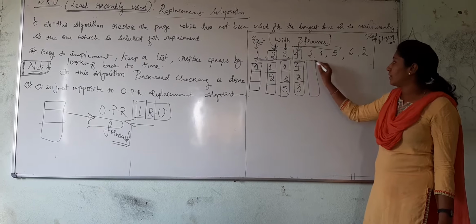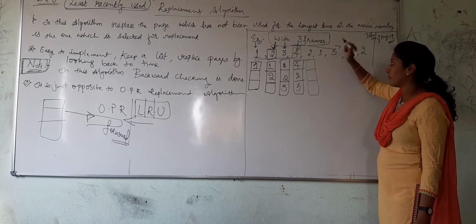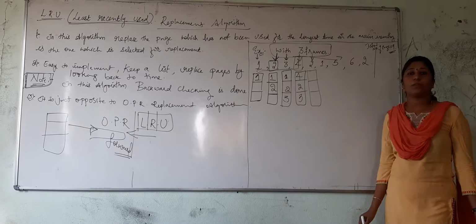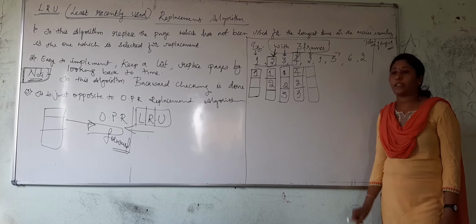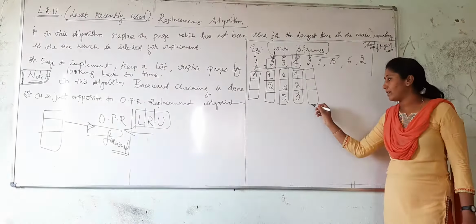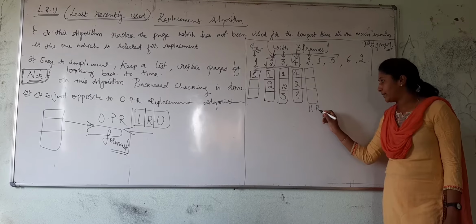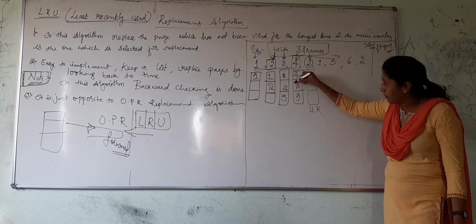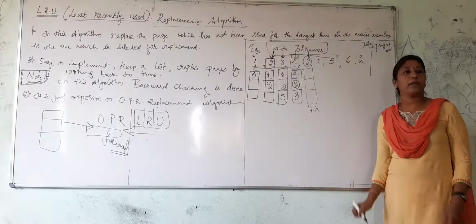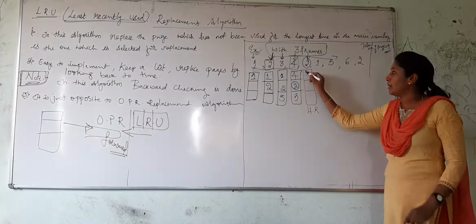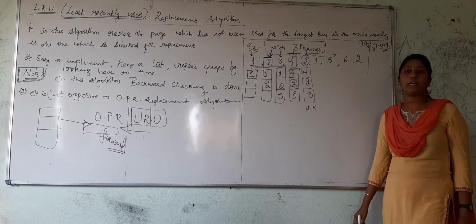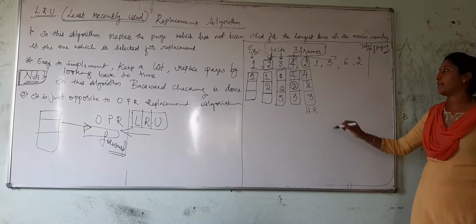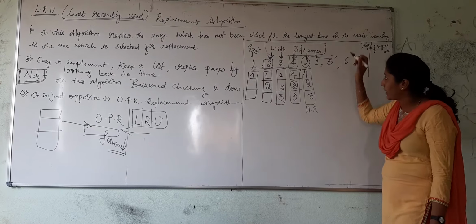Next, divide the frame. Which is the entering page? 2 is the entering page, right? If this page is the same as one available in memory, then we say it is a hit. This is also 2, and in the memory we also have a 2. Therefore, there is a hit. What do we do? We simply copy and paste the frame and write the page reference as it is. Is that clear?